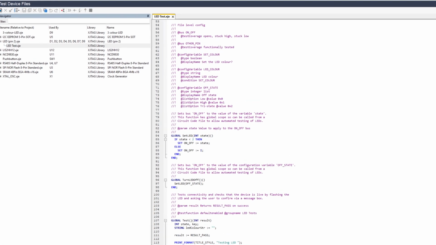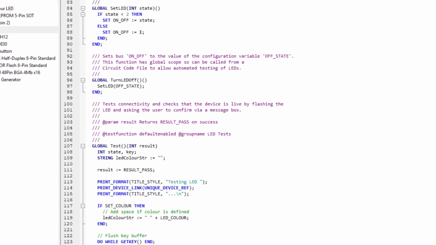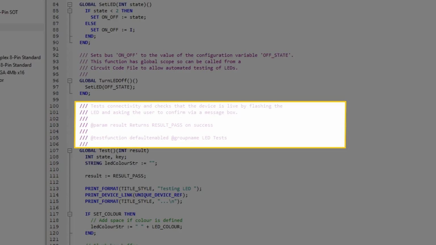Moving down through the code, look at the XJEsDoc entry. It's identified by these 3 forward slashes at the start of each line and provides a structured way to document the function. At the start of this block, you can provide details of what the function does. That's useful when someone else looks at the code later. After that, there are some tags you can use to describe the function's input and output parameters. Each parameter tag needs a new line and starts with this @param tag followed by the variable's name, in this case, result, and then text to describe what it's for.